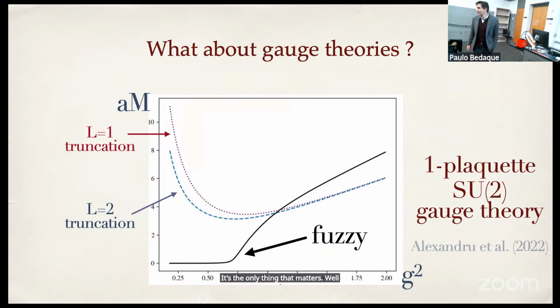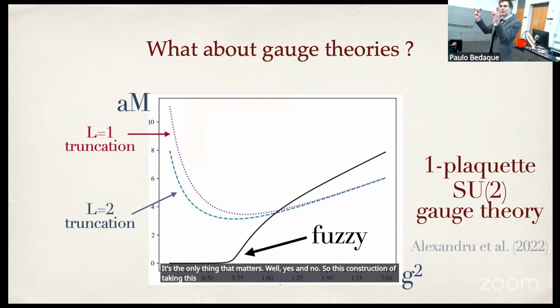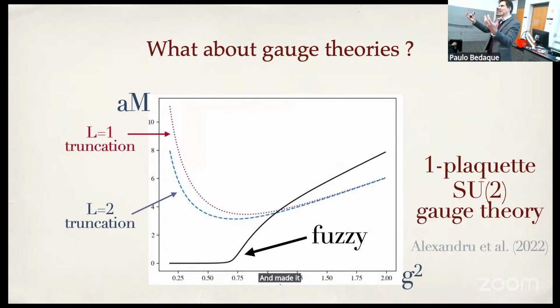Well, yes and no. So this construction of taking the sphere and substituting it by this so-called fuzzy sphere can be generalized. You take the group, in our case the SU(2) group of gauge theory, and make it a fuzzy SU(2) and create a gauge theory out of that. And we wrote a Hamiltonian,